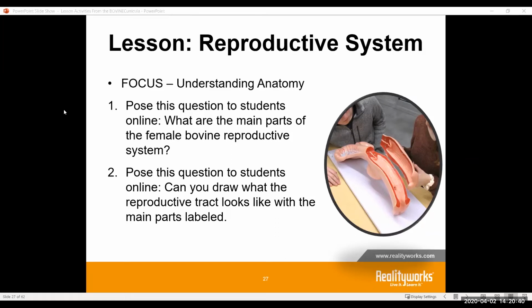So getting them to draw and label the different parts of the reproductive system, for some, that might be a review activity because you've already used it this year. For some, this may be the first time they've ever gone through that, and so it can be used to see: this is where I started, and at the end of the lesson, this is what I know now. So there are different opportunities and options there for you.